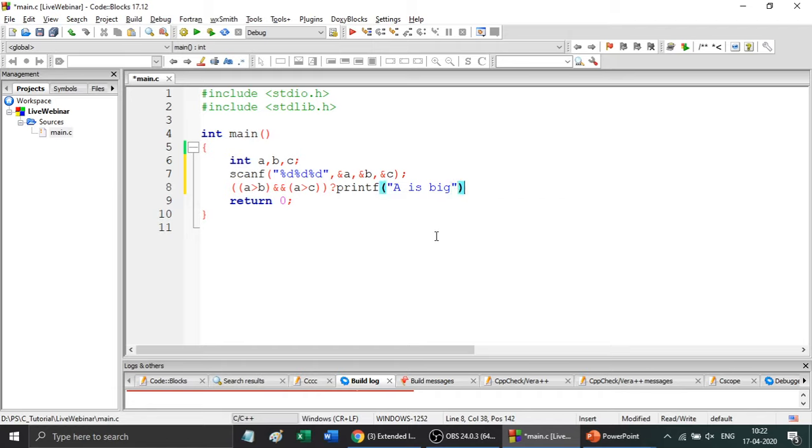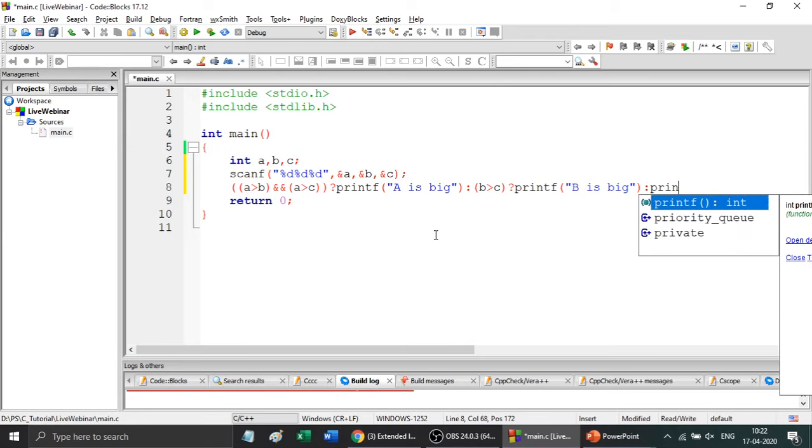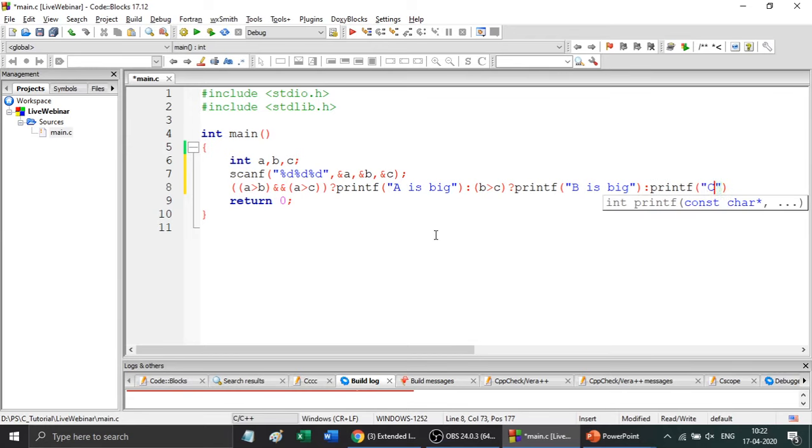If this condition fails, I'm going to check whether b is greater than c, and if it is true, I'm printing b is big. So here is the statement using the ternary operator, which will help you check the biggest among three numbers in a single line itself.